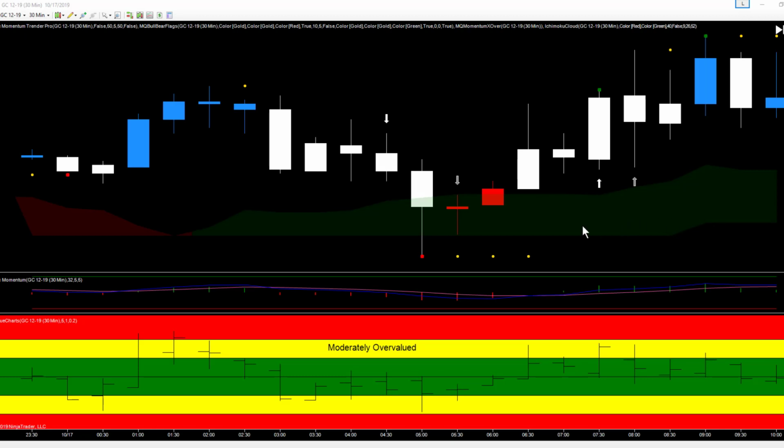Let's take a look at how we were trading gold in the London session this morning. We came in first thing in the morning and we saw that we had a reversal doji set up on our 30-minute chart. We were waiting for the next bar to actually either trigger it into a reversal doji to the downside, or that could have been a potential continuation doji to the upside. The next bar did indeed trigger it to the downside, making it a reversal doji, and that established our bias